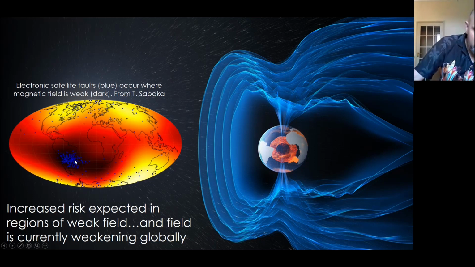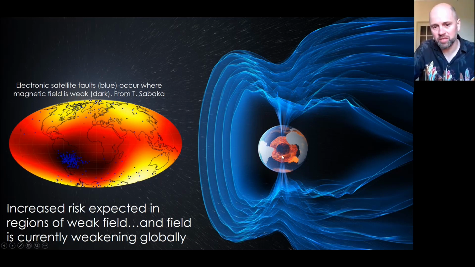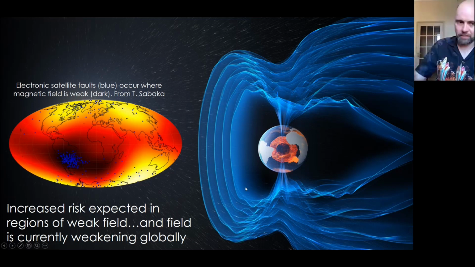So darker colours are lower intensity, lighter colours are higher intensity, and it's higher intensity near the poles, and that is because the configuration is this dominant dipole. So this is like if you put a bar magnet at the centre of the Earth, then it's what's being shown in this cartoon, that the field lines will sort of encircle the Earth, akin to